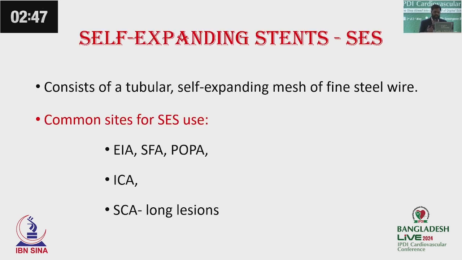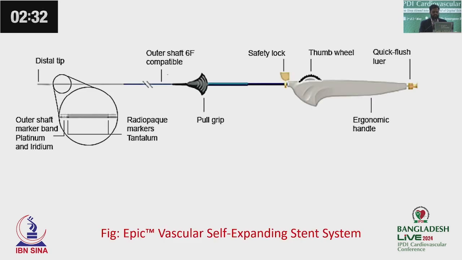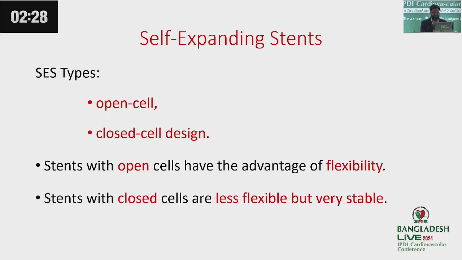Now comes self-expanding stents, and the common sites for self-expanding stents are the external iliac artery, SFA, popliteal artery, internal carotid artery, and subclavian artery if there is a long lesion. So this is a Wallstent, and this is the Epic Vascular self-expanding stent system, and we are accustomed to this device. The design can be open cell design or closed cell design,